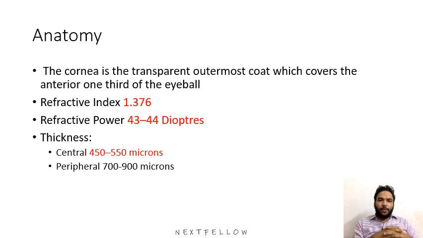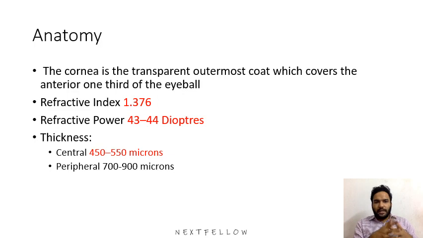So coming to anatomy of cornea, cornea is a transparent outermost coat which covers the anterior one third of the eyeball. This is what is cornea. So what are the important points about cornea is that it provides 2/3 of refraction. So the refractive power is 43 to 44 diopters and the total dioptric power of the eye is 60 diopters. So the refractive index is 1.376, which you should remember, and the thickness, central corneal thickness and